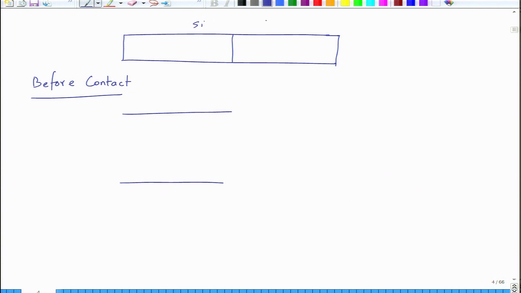So, this is also silicon, this is P silicon, this is N silicon, and the reason you are taking it as such is because the band gap of both of them will remain the same. You can take different semiconductors also, that is what you do in a heterojunction, when you have a PN junction based on two different semiconductors, but we will begin with this identical band gap. So, we take silicon which has a band gap of about 1.1 electron volt, and we take P silicon and N silicon. So, this is for P silicon, this is for N silicon, conduction band edge, valence band edge.